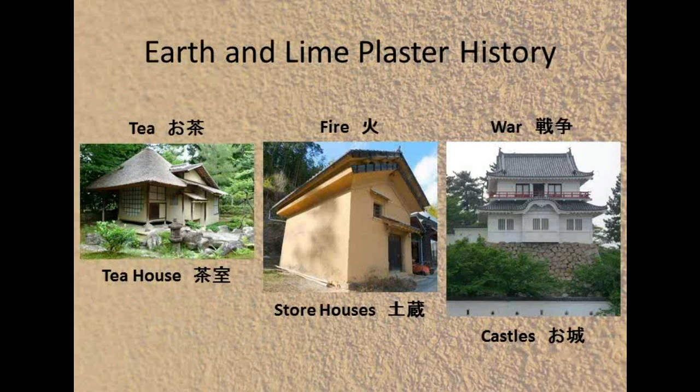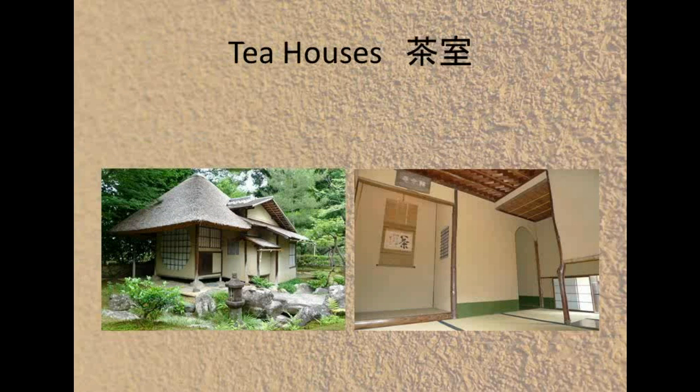Japanese plastering has its roots in three things: tea, fire, and war. I'll explain each of those in more detail, but let's go on to tea houses. Tea seeds were first brought to Japan, I think, in the 9th century, and in the 12th century, the